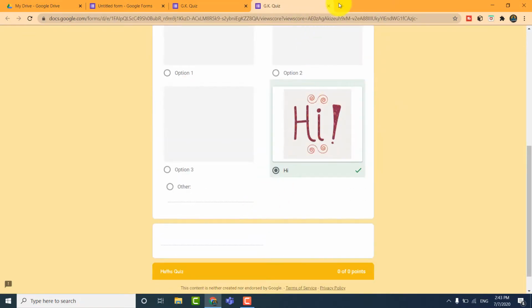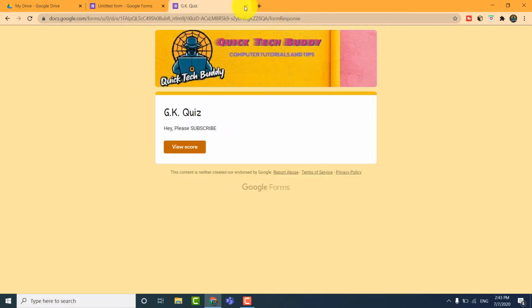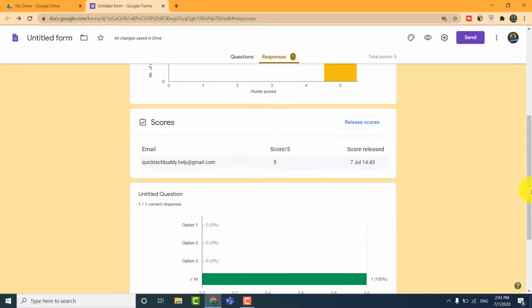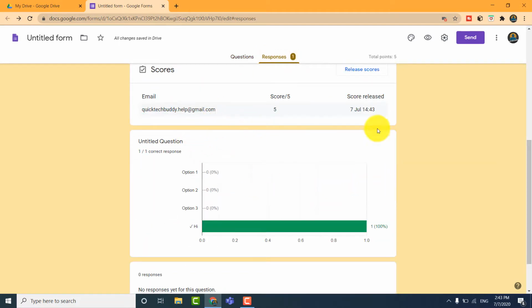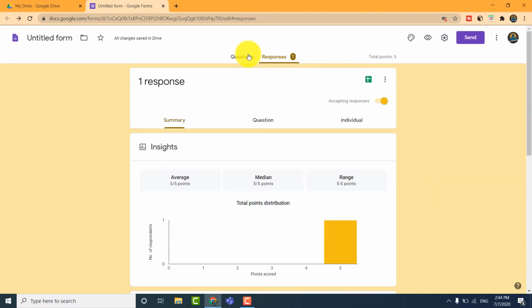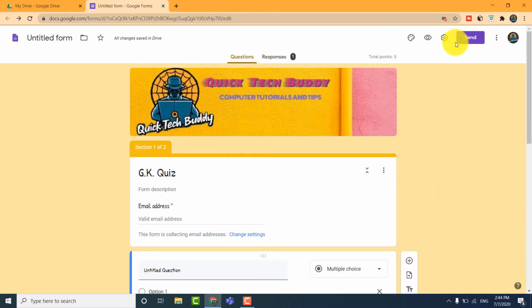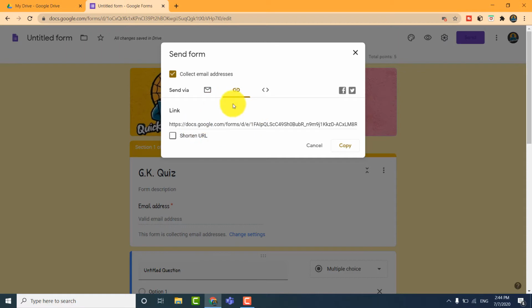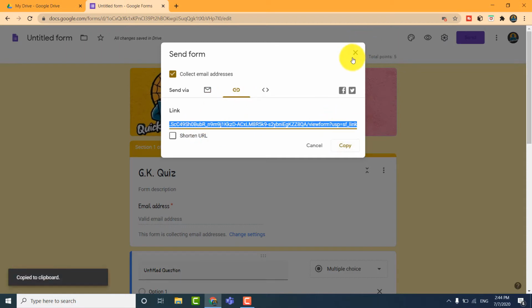So in this way you can submit your Google form. And now in responses you can see the response by quicktechbuddy.help@gmail.com. And you can also see the timing. And now if you need to send, you can simply click the send option to send the Google form via email, or you can copy the link. So in this way you can make your Google form, you can send your Google form, and you can collect